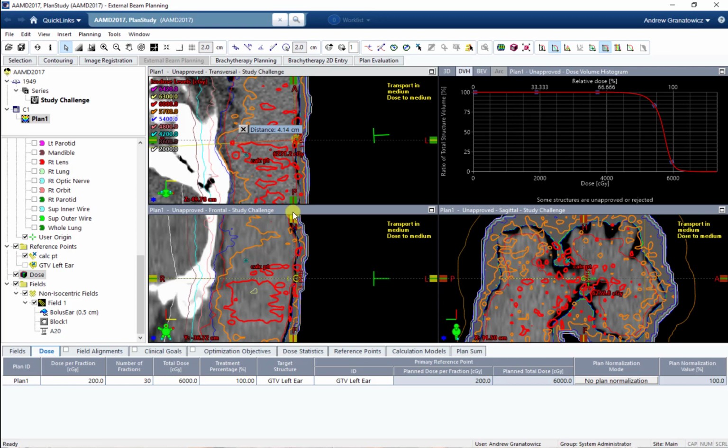It'll normalize our monitor units, our plan, so that it's putting 100%, so in this case 6,000, right at Dmax